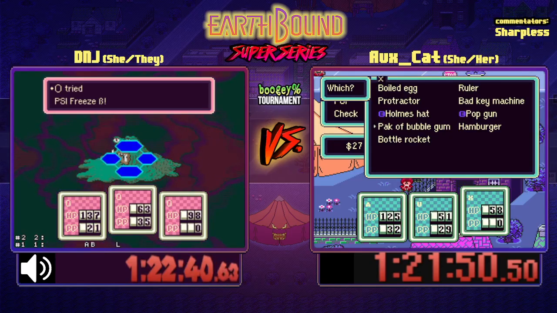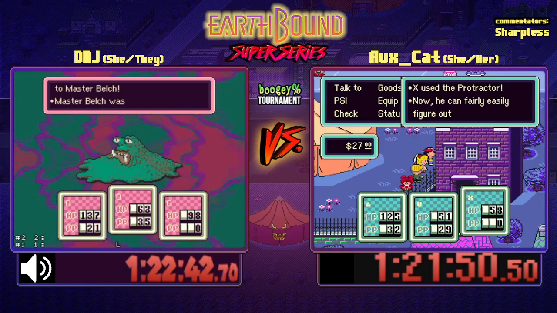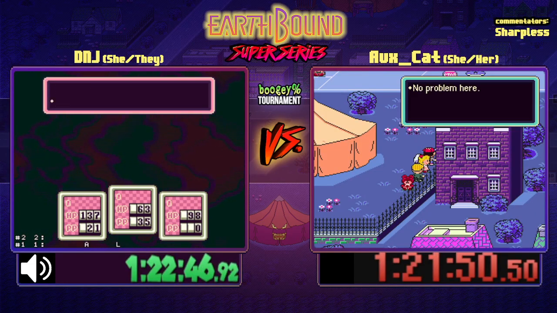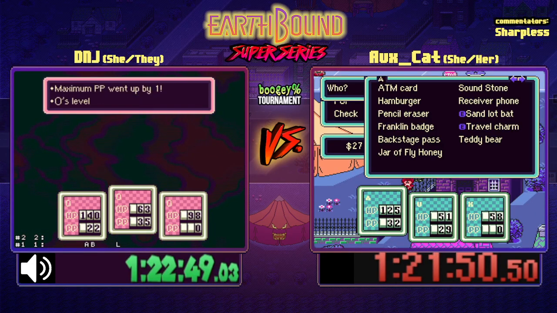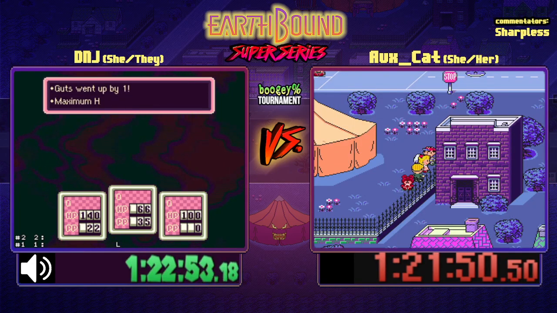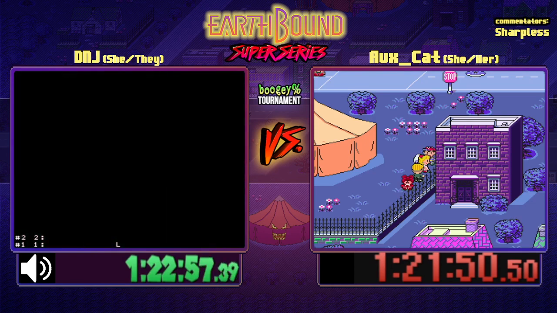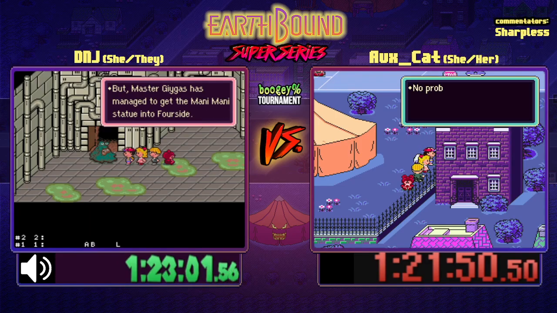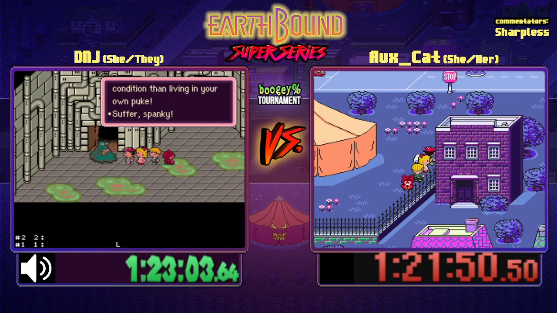Wait, I wasn't exactly paying attention. All I know is Belch gets destroyed by freeze. But yeah, no skip sandwich. You do have a protractor, thank God. Yeah, that's an awesome softlock, Oxcat. I respect you for finding that. Oh, and we're gone. Heck yeah, that was so